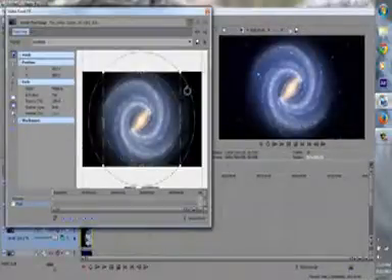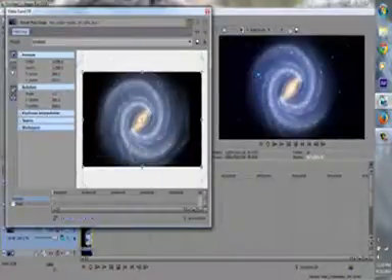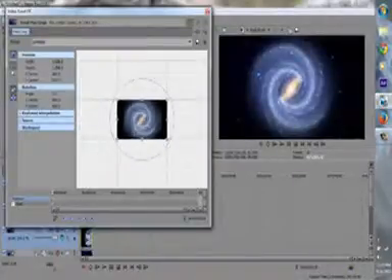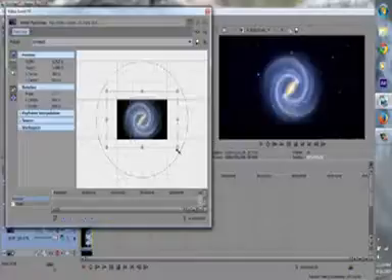Now we're pretty much done with this, but before we finish all the way, go to the position, drag this timeline all the way to the end. Oh no, wait, hold on. Stay in the beginning first. Zoom out a little bit. Make sure these two are selected, and then zoom out a little bit of the galaxy. It should be about